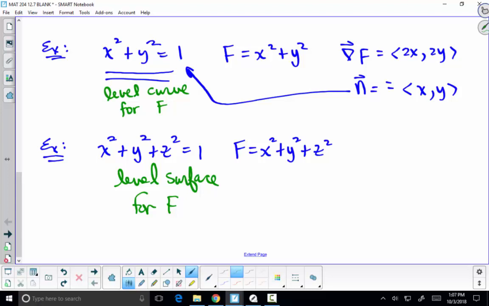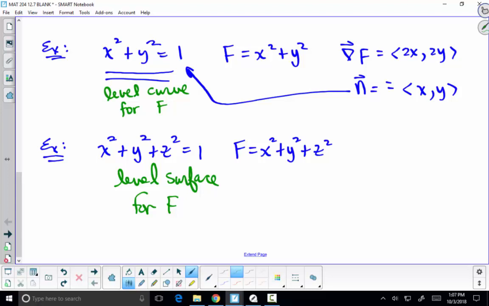So if we have a curve in 2-dimensional space, we build the parent function. That would actually be a surface in 3-dimensional space. Its gradient will then be perpendicular to the 2-dimensional level curves. If we have a surface, we build a parent function, which is a 4-variable object. Don't know what it looks like, but its level objects, which are surfaces, will